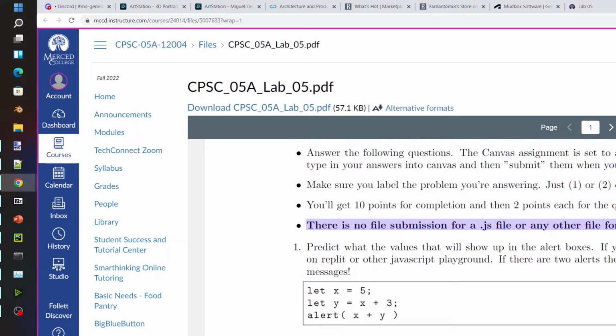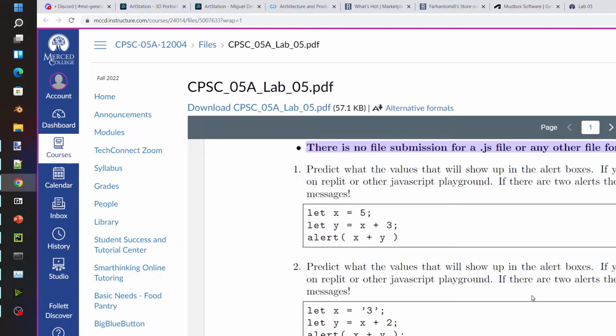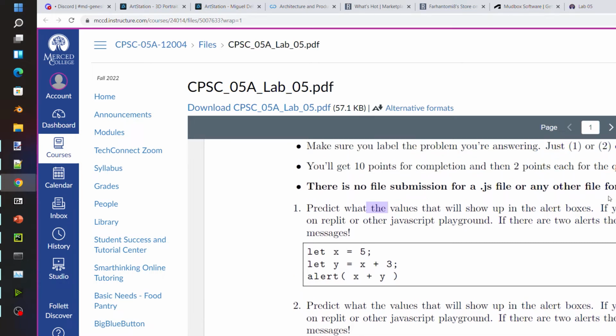Okay. So they all say predict what values will show up in the alert boxes. And if you're not sure, you can test them, right? That's the idea. I purposefully did not explain in this document how to test them, because at this point you should know how to run JavaScript code somehow, some way, right? So if you want to, you can